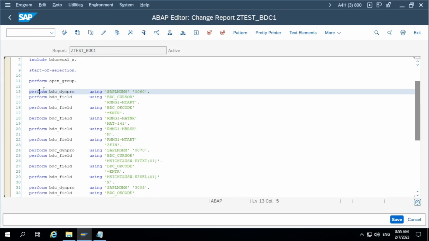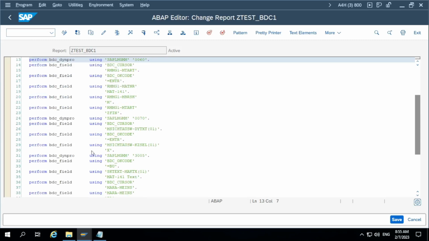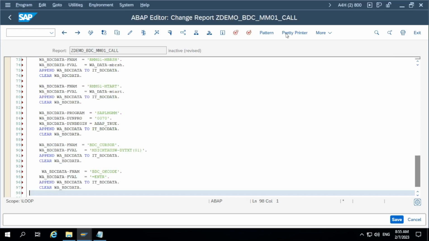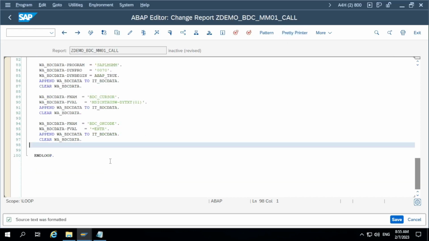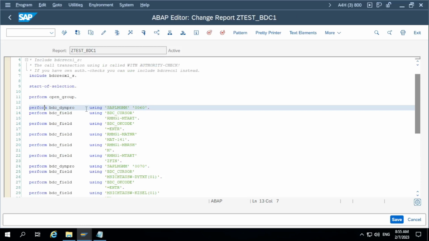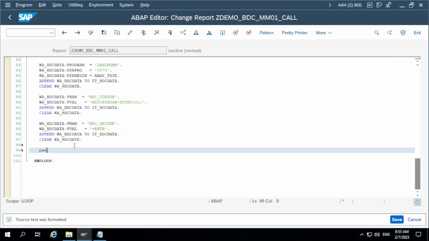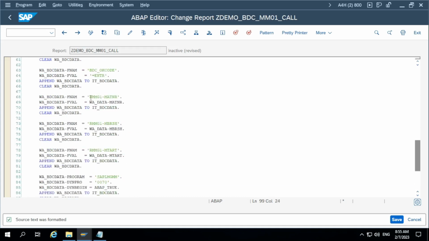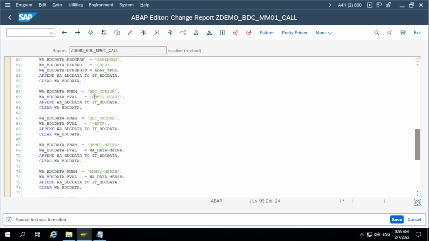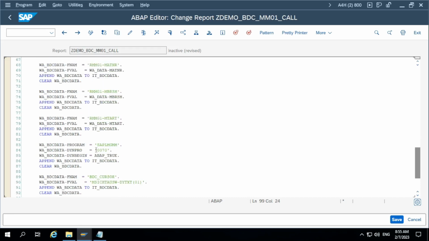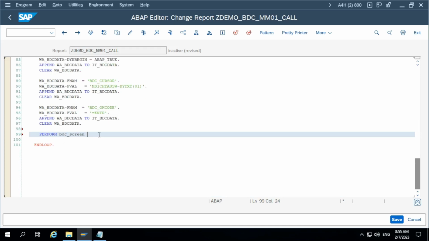You can just copy and paste all these subroutines, right? So what they did here, they just modularize the code using subroutines. You can also do that here. So for example, you need to create two subroutines. Perform BDC screen, and pass the values. For example, program, dynpro and dynbegin. And another subroutine,